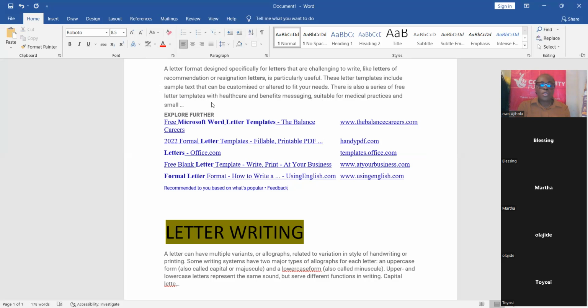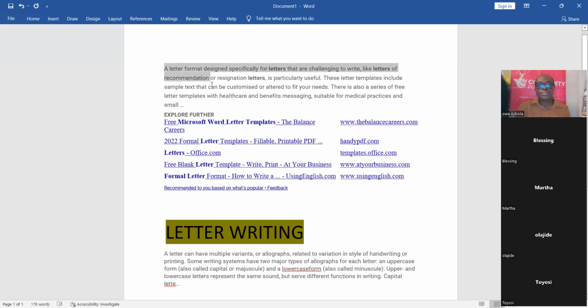And today, for those that are advanced, that want to use it to go further, maybe get a qualification, as time goes on, they want to go back to uni and all that, you cannot run away from this. Most tutors, if they are giving you feedback in school, can color shade for you. When they color shade, you should be able to know what it means. Let me give you an example. If I color shade these three,